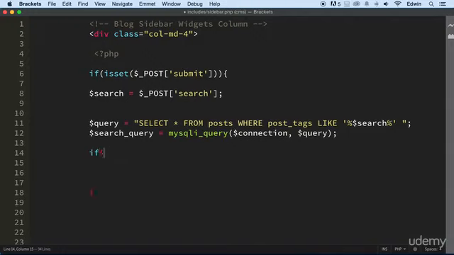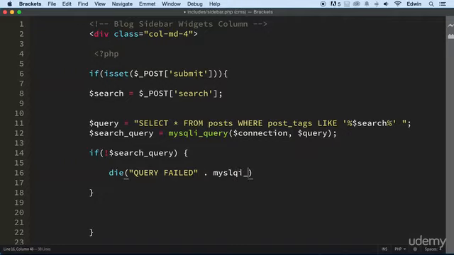Let's go ahead and check to see if the query is good, because I don't want to write a long piece of code beneath that and then find out that our query is the one making the mistake, the one not being displayed. So if our query fails, I'm going to use another function. I'm going to use an if statement first and say if not query, meaning that if this returns false, then we are going to kill everything after it. That's what the function die means, and we're going to output something. So I'm going to output "query failed" first of all,